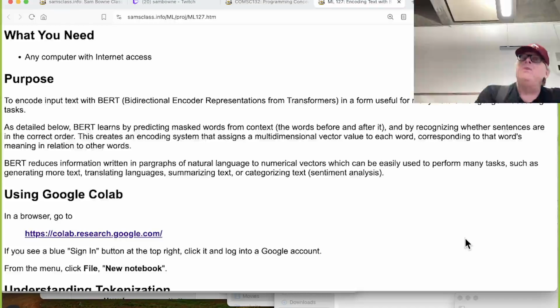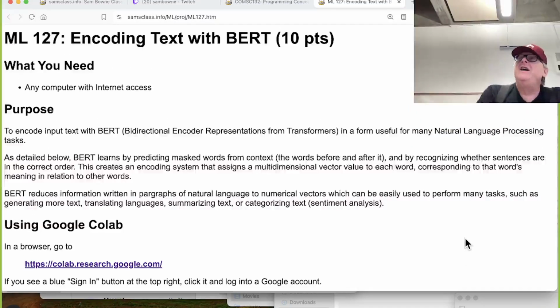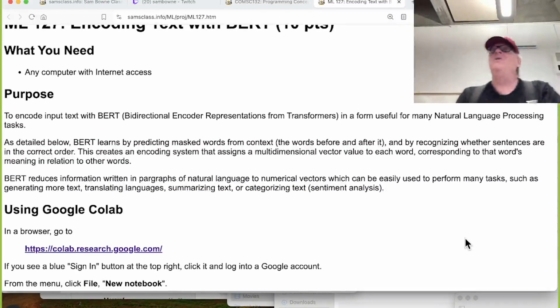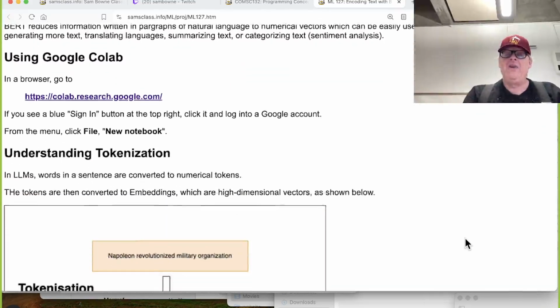And so the one thing that really puzzled me about large language models is how does it understand the meaning of the words? It doesn't really understand the meaning of the sentence, but it does understand what synonyms are. It knows if two words mean the same thing or they mean different things. And I wondered how that's even possible. My first thought is they had to pay humans to rank words according to some standard, but that's not how they do it at all. Here's how they do it.